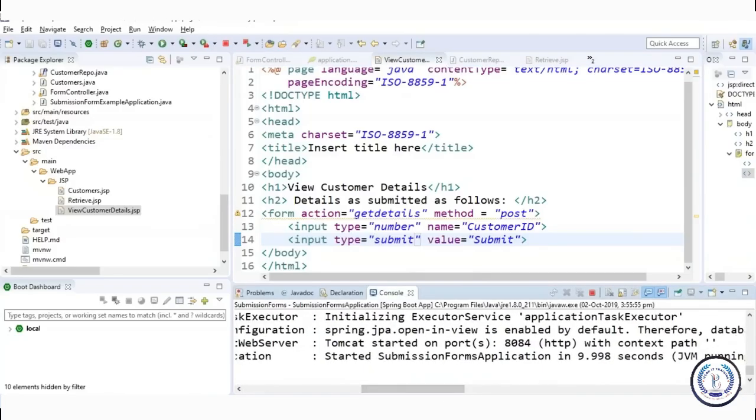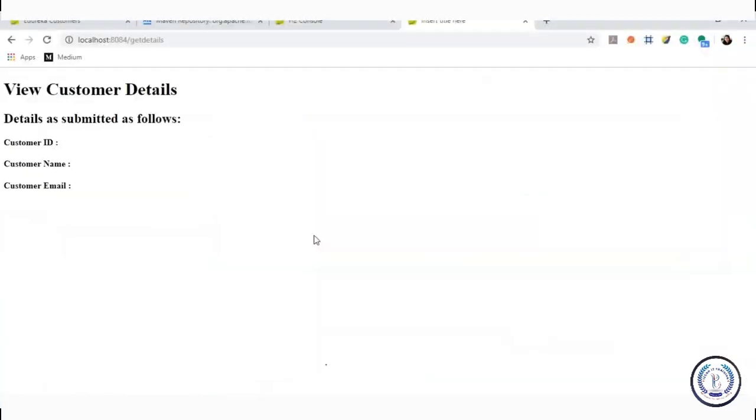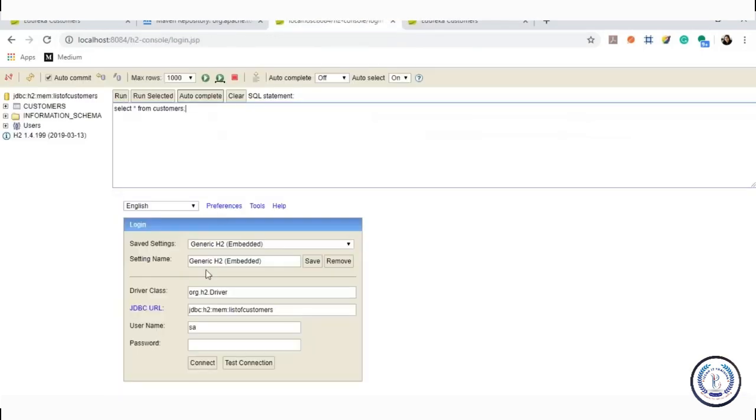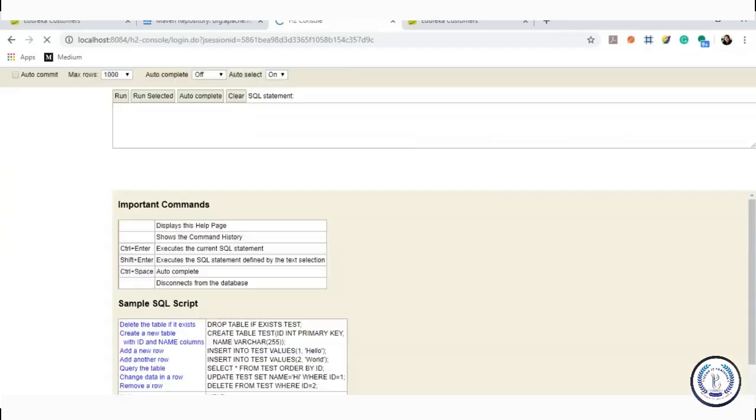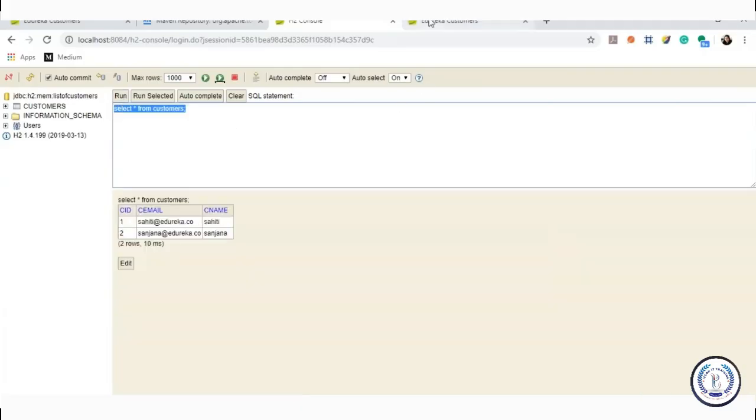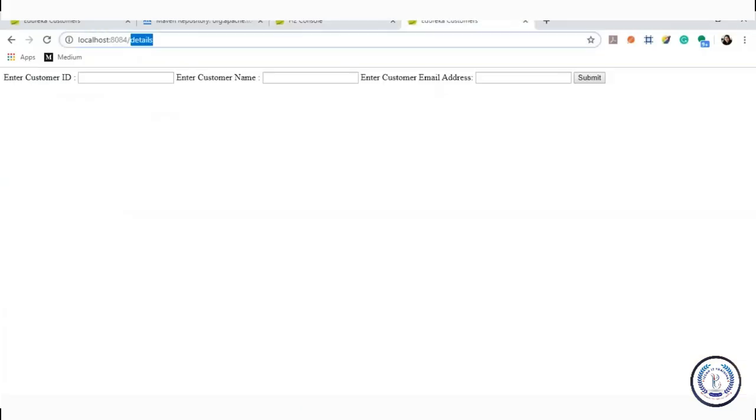All right, so as you can see, the application has started. Now again, I'll go to 884. I'll mention customer ID, let's say it's Sahiti, and submit. Similarly, I'll mention customer name to be Sanjana, sanjana@edureka.co, submit. I'll click on run, then I'll connect to the H2 database again. I'll mention select star from customers. I'll click on run. After that, we'll go to get details,